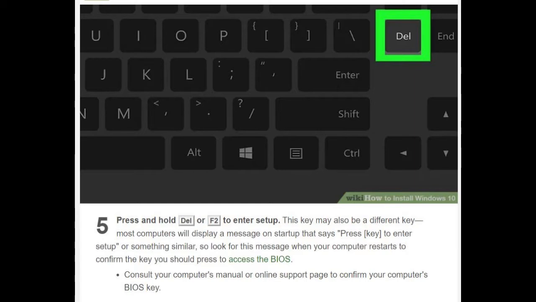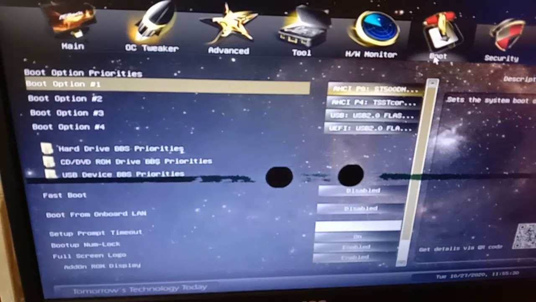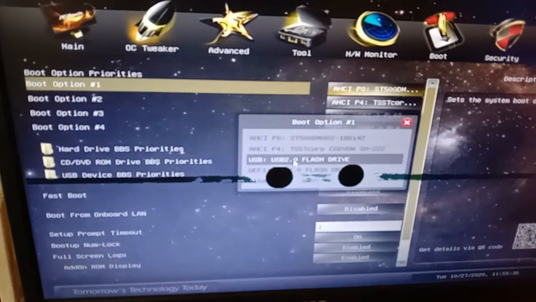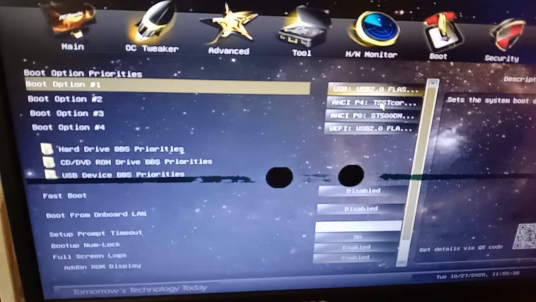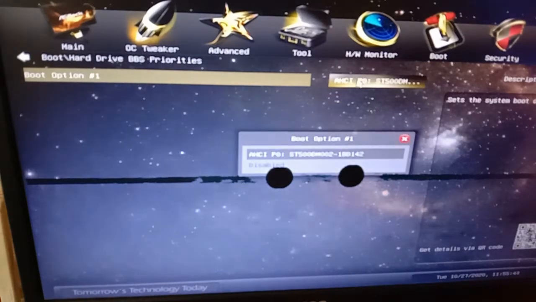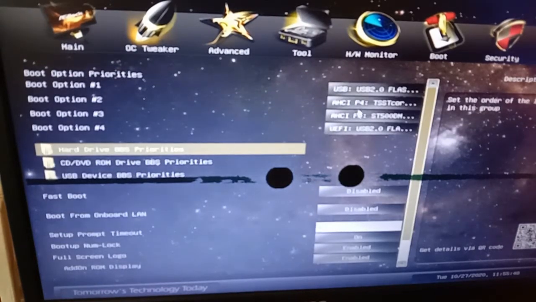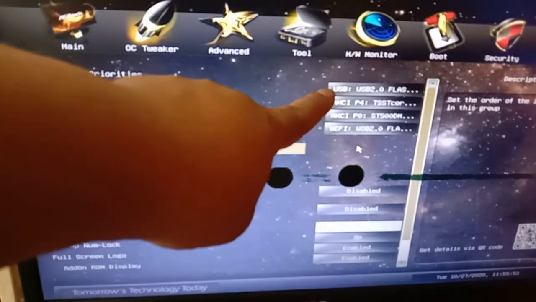After preparing the Windows installer, you have to press Del or F2 to enter setup. This key will bring you to the BIOS, or depending on the model of your screen, you will see the UEFI. So select the boot. In the boot option priorities, you're going to prioritize the USB flash drive. For boot option number 1, you're going to select the flash drive. After that, you're going to save the changes for the BIOS to detect which